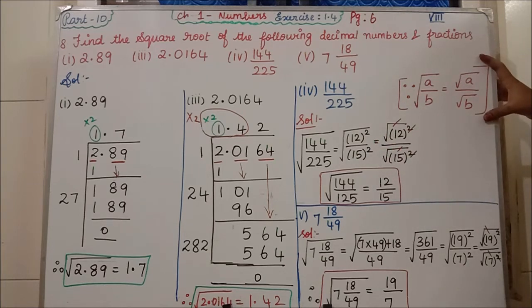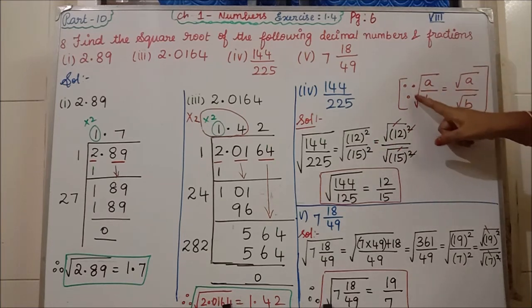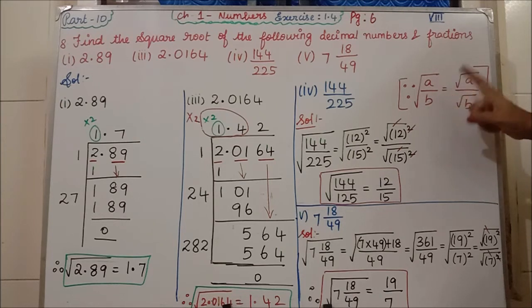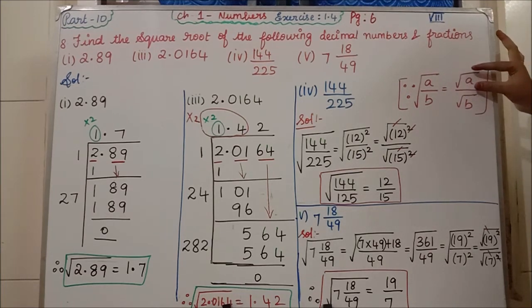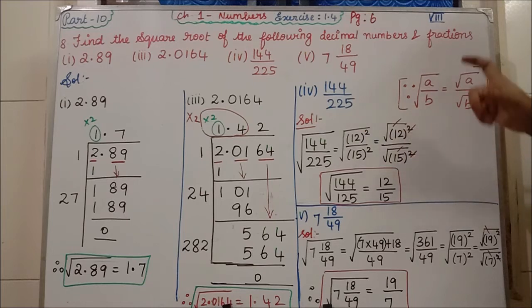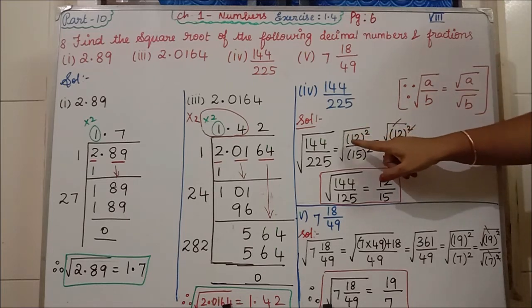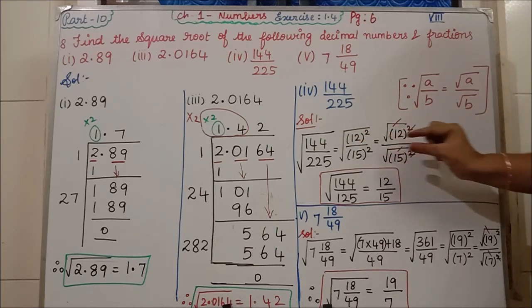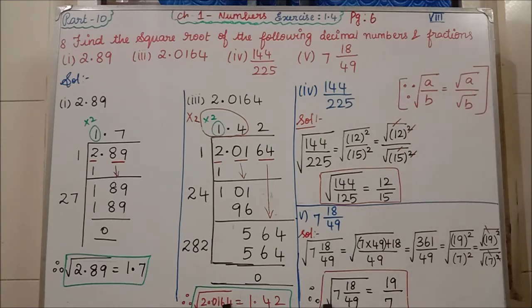Now this note we have seen in the introduction. If you are having a fraction, a quotient, a division, under the whole square root, how can we split? For the numerator one square root and for the denominator one square root you can write. Similarly, we are having the whole square root, so how can we write? For 12 the square root separately and for 15 the square root separately we can write.